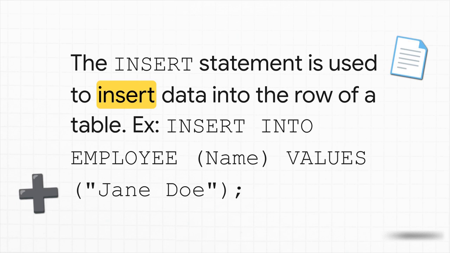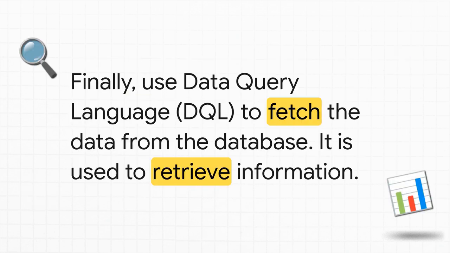We specify which columns, name and email, and then we provide the values we want to put in there. It's incredibly intuitive. And that brings us to the third and honestly the most powerful part of SQL. This is the part you'll use constantly. It's asking for information with Data Query Language, or DQL. This is the whole reason we bother organizing everything so perfectly, so that we can ask questions and get answers